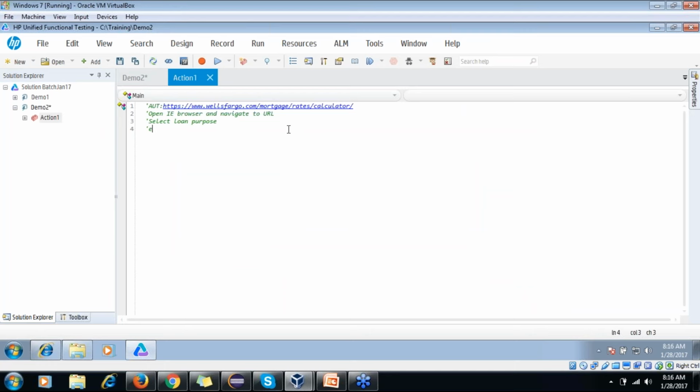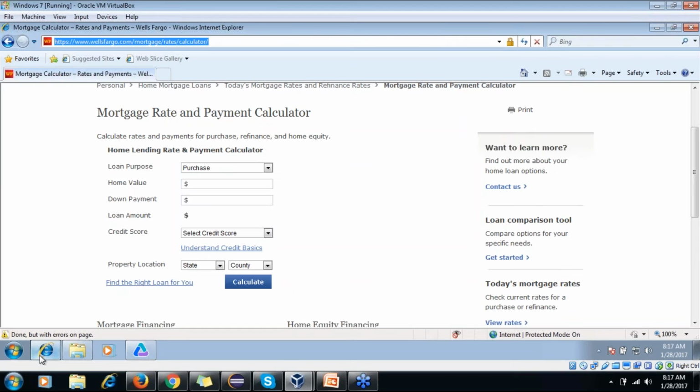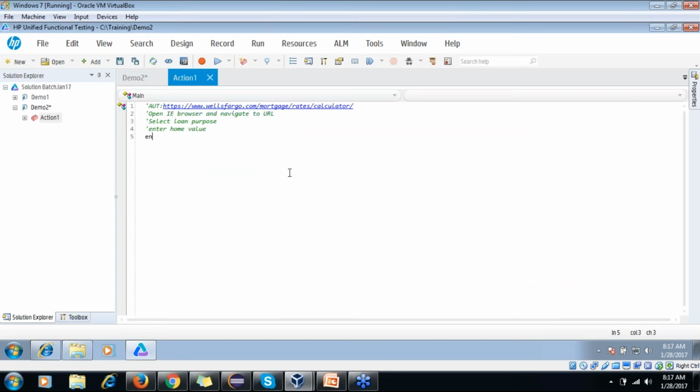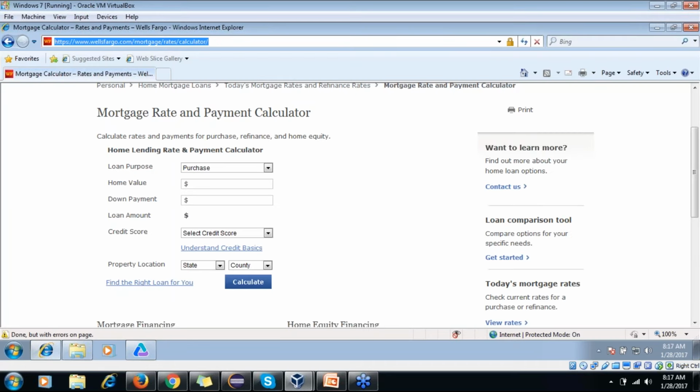Now enter home value. What else we have? Enter down payment. So whatever things we have to enter, we'll write those things. What else we require? We select credit score.